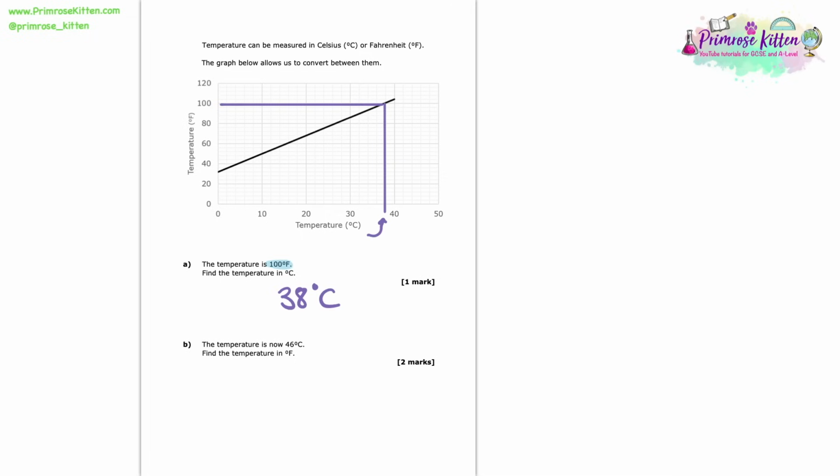So in part B, we're told that the temperature is now 46 degrees C. And if we have a look at where that would be on this graph, you can see that it's beyond where this line is. So what we would need to do in a question like this is, again, to get our ruler out and to line it up along that line and extend the line. So now that we've done this, we can do just like we did before, but this time we're going to use a ruler to draw a vertical line up from 46 degrees C. So here we can draw a nice vertical line up,